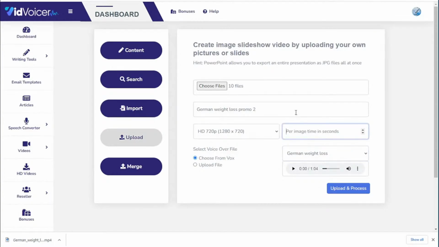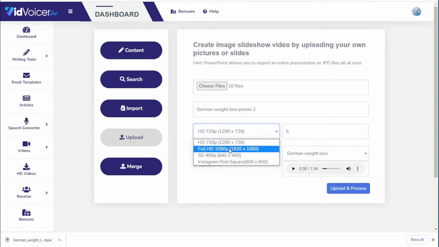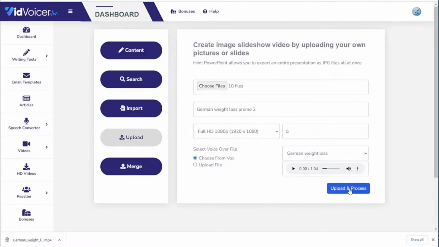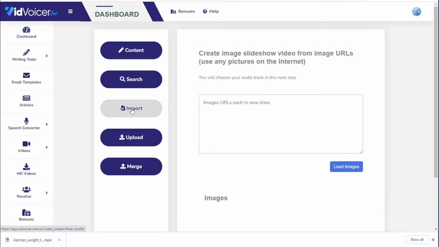You can choose the amount of time you want each image to show. You can choose the size of the video again, then you just click upload and process, and it will create a video just like the one I just showed you moments ago, just a slightly different way of making it. We have a third way of making videos, and that is the import feature, which will import them from any